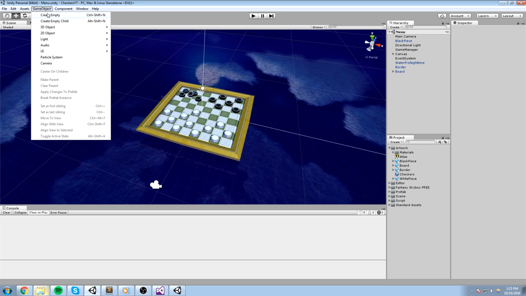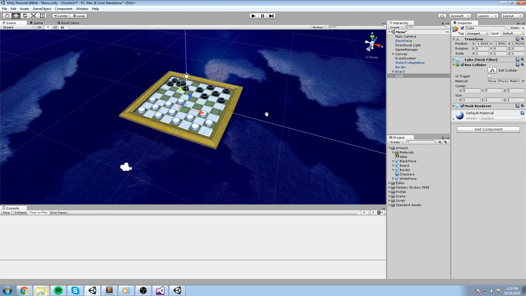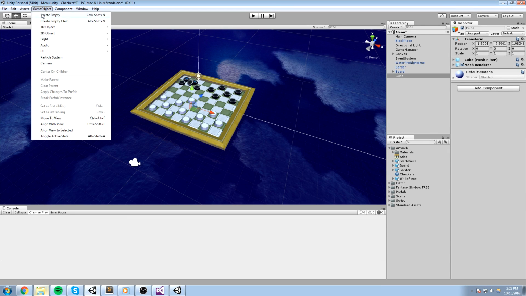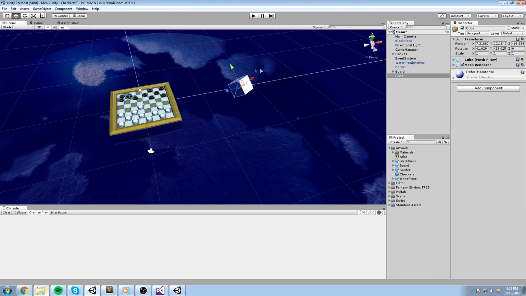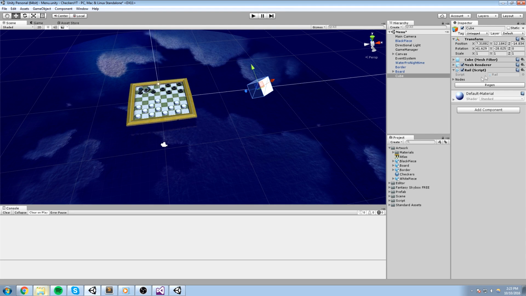Now if you remember, what we've done is we simply created an empty game object. In my case, I create cubes, but then I remove the mesh on top of it. I'll create a cube, remove the collider, make sure that this is aligned with view, so my cube now takes this spot, and this is going to be my rail. Okay, so with my rail right now, we need some nodes beneath that,